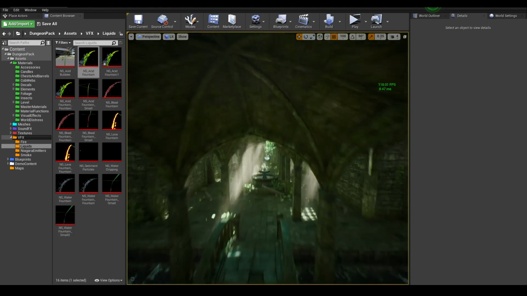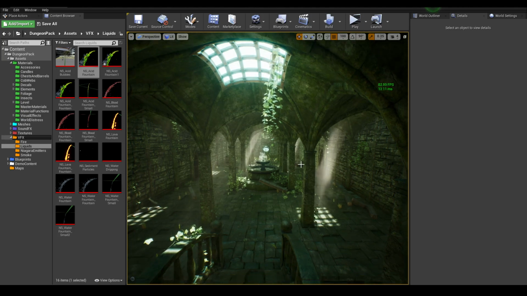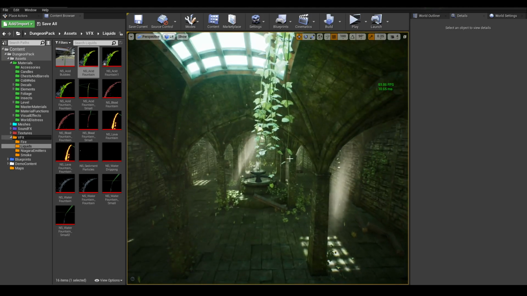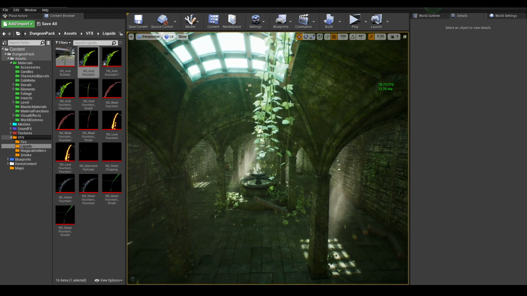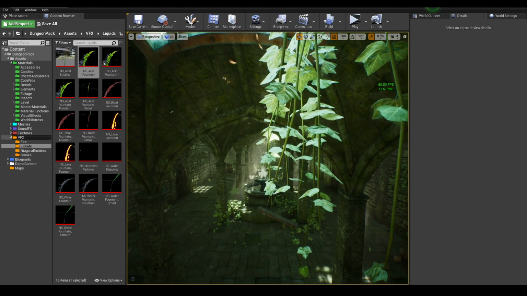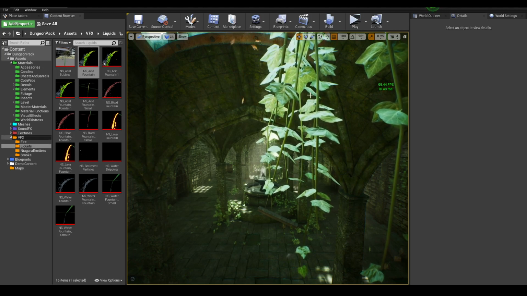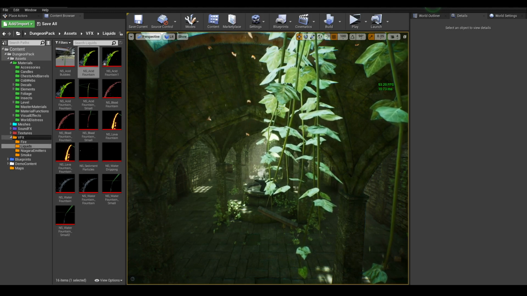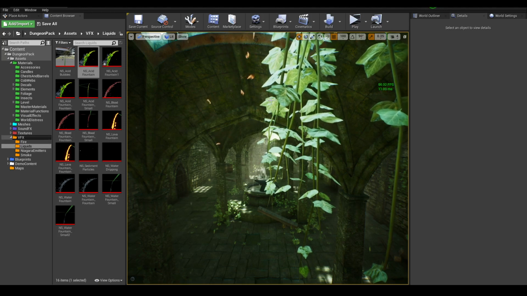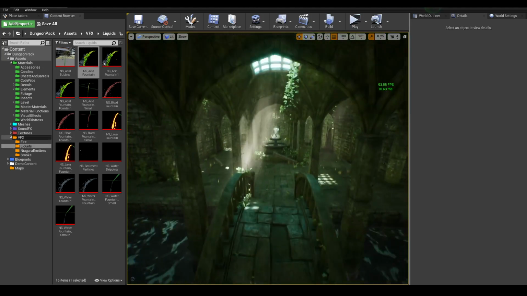translucent materials. The reason why the translucent materials take so much memory is because you can see stuff that is rendered behind them, right? The stuff that is rendered behind these leaves or these little guys actually has to go through this mesh or this material and get to the camera lens. Therefore you're processing that one and that one and that one on top of each other, and that impacts your FPS. So just so you know,